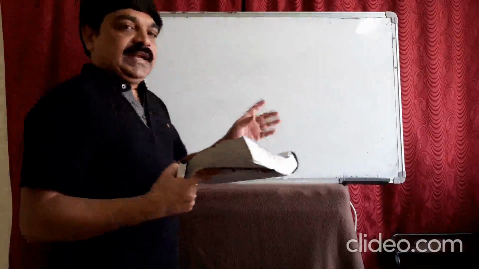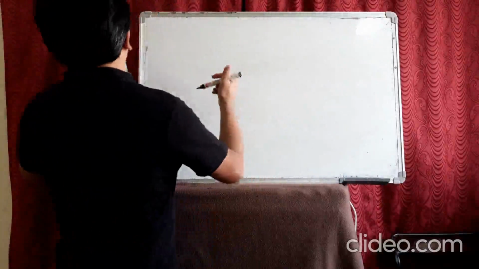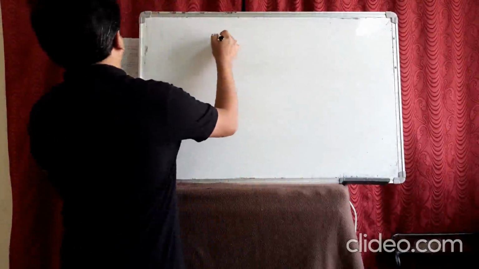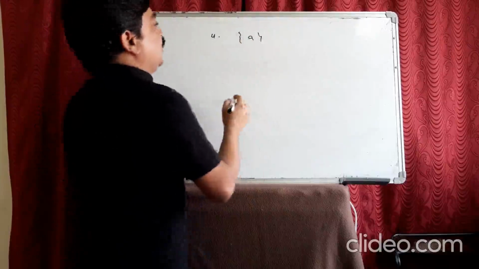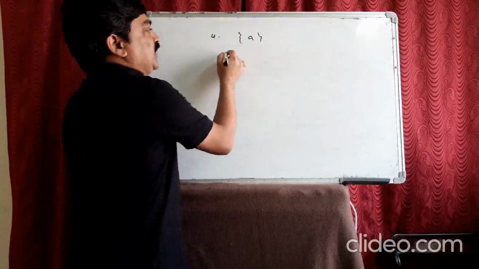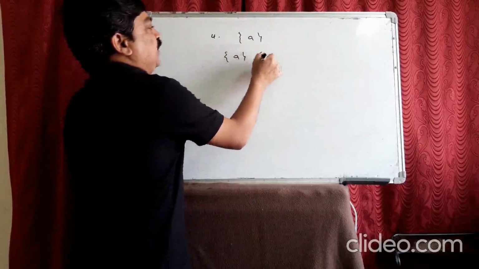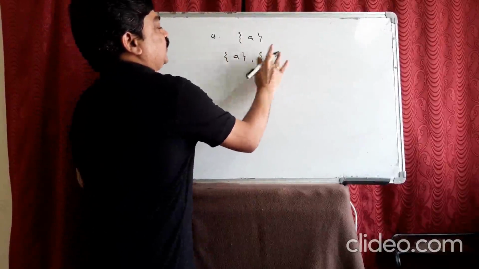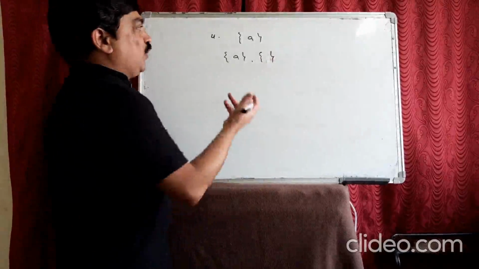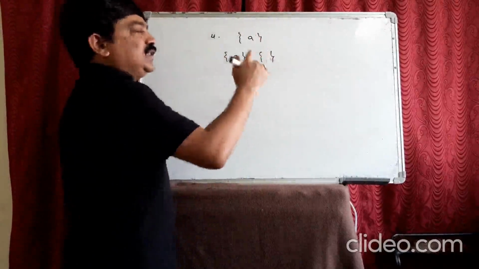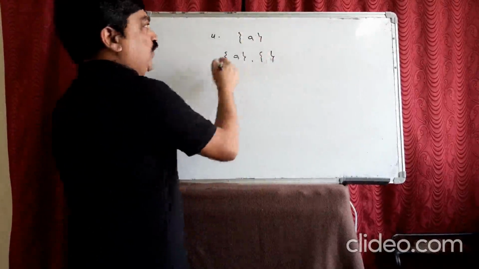Okay. Let us finish the exercises, guys. Fourth question. Write down all the subsets of the following sets. A. I told you to write the subsets of this. First, this one and the empty set. Sorry, empty. And the rest, there is no other possibility because only one element is there. We have only 2 subsets, 2 power 1.